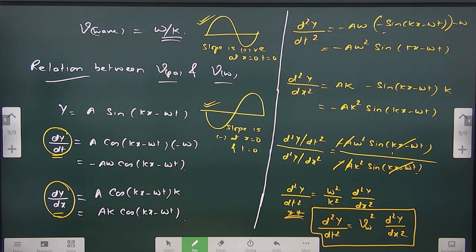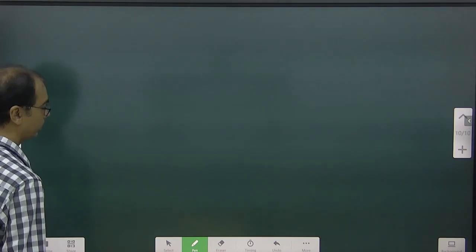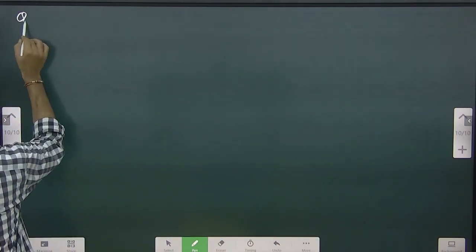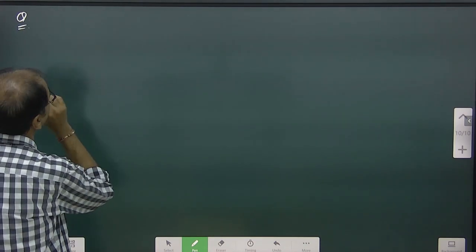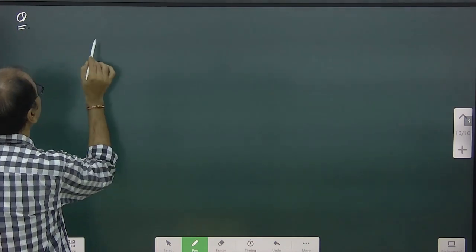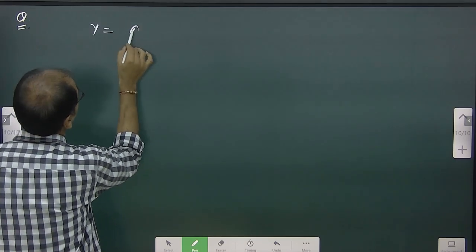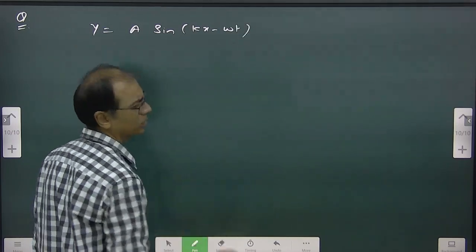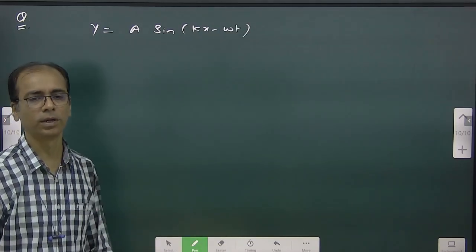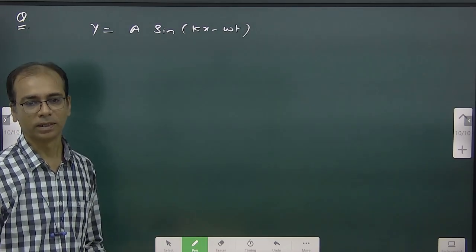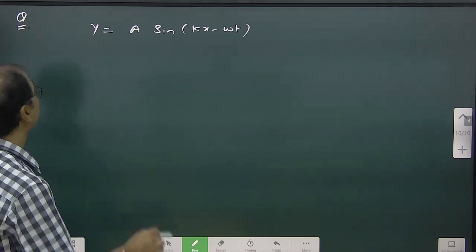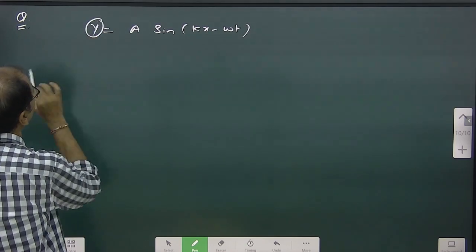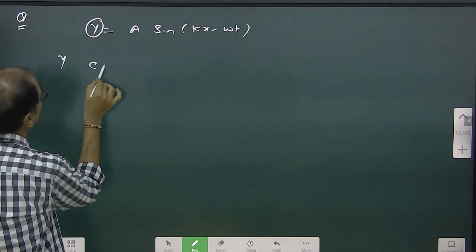Okay, so let's start doing a few problems based on whatever we have done so far. Simple question I am asking. First, to start with, suppose a wave. I'll first ask you a conceptual one. y equals a sin(kx minus omega t). We have studied this is the standard wave equation, which is traveling along the positive x-axis. Now in this one, this y can represent,